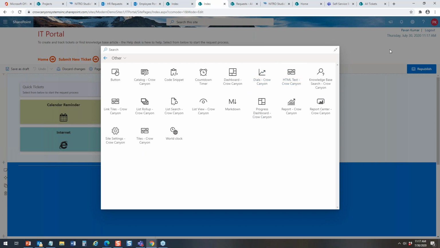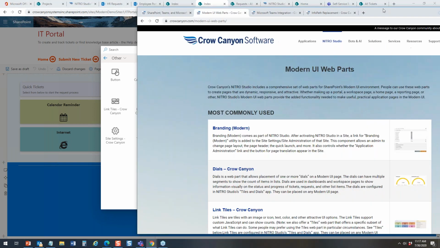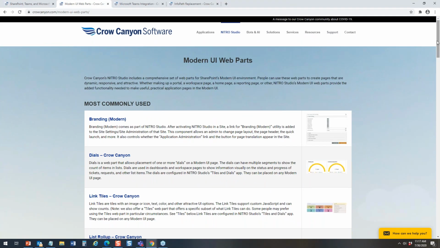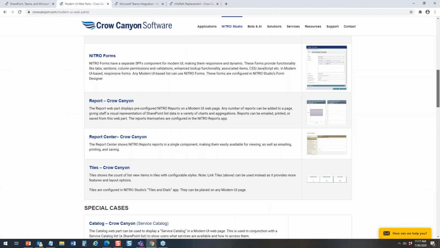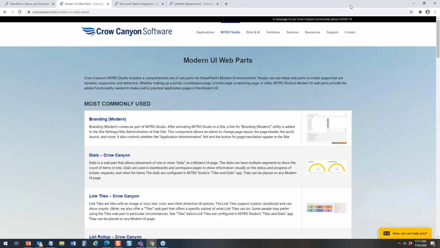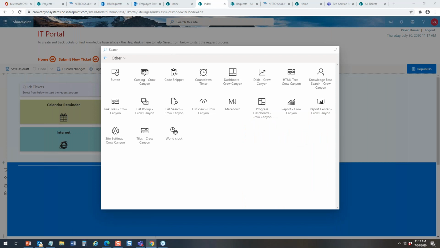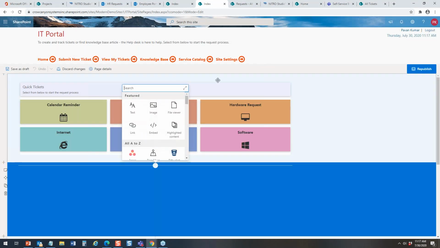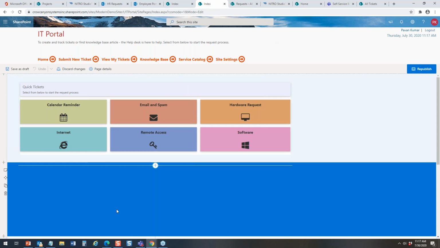So we're in the mix here, and we have a whole page here. If you go to our website, there's a whole page on our modern UI web parts and what they do and how they function, and what you can do with them. So that's a way we can enhance the portal to be really specific to the needs of your organization, or you can do it. You can take this and just add on what you want, or configure different tiles, different colors, different reports, different menu items, put in something like images or whatever is appropriate to create that interface that users need in order to